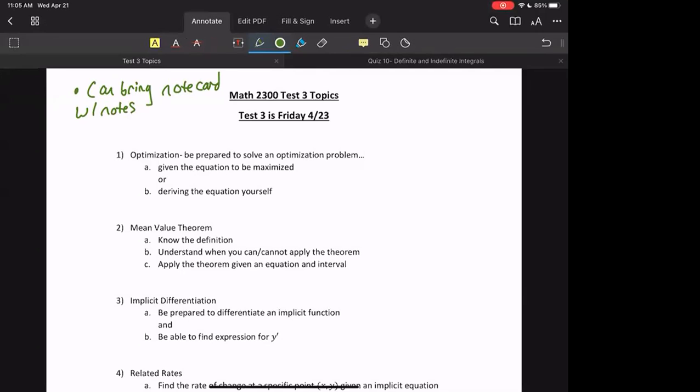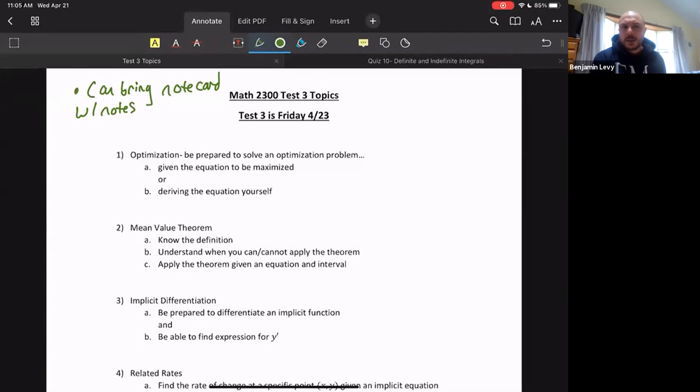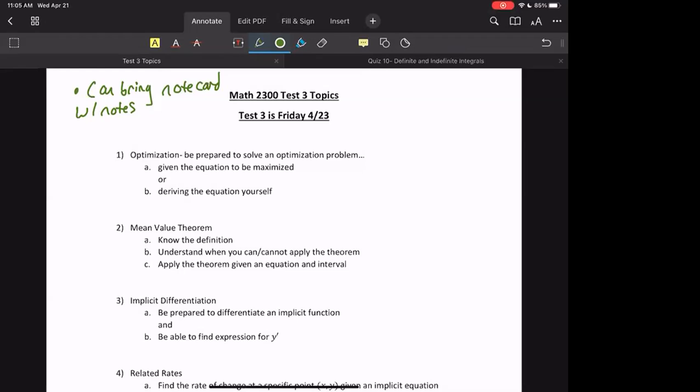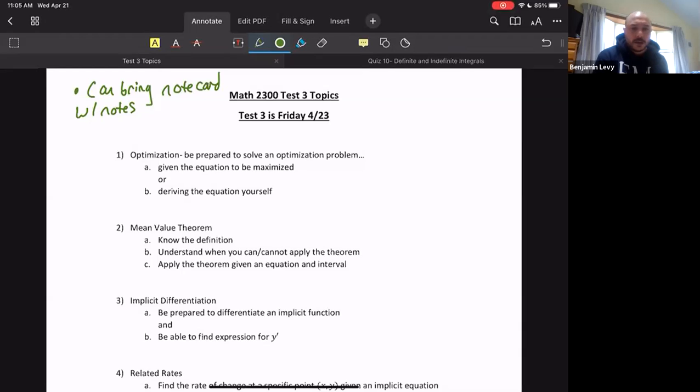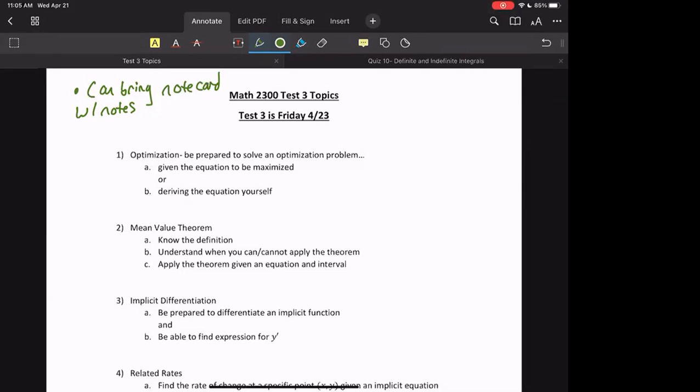Professor, I'm not going to be able to make it in person due to COVID reasons. Would you like me to take it online on Friday? Yeah, would you send me an email so we can figure that out and set it up? If you don't want me taking it online, I'll be back on campus on Monday. Okay. Yeah, send me a message and I'm sure we can work that out. Good, thank you. Other questions like that?